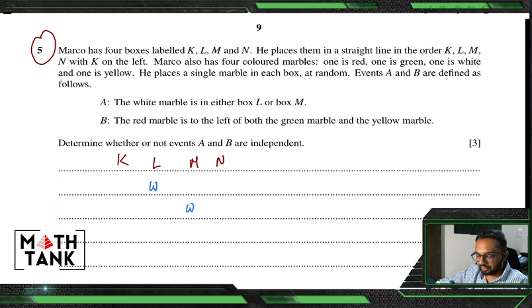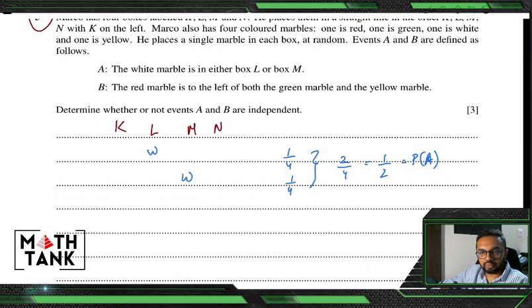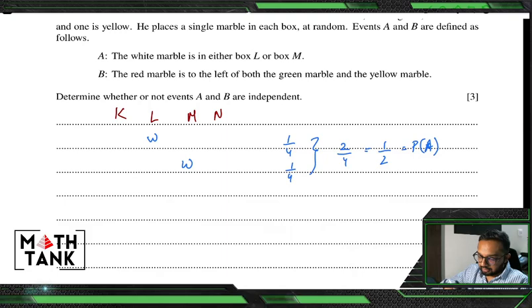If it doesn't matter what the others are, you could just say that the white marble being in this box could be 1/4 and this could be 1/4 as well. So together they make 2/4, which is half. So the probability of A is basically half. Then B says the red marble is to the left of both the green marble and the yellow marble, which means that